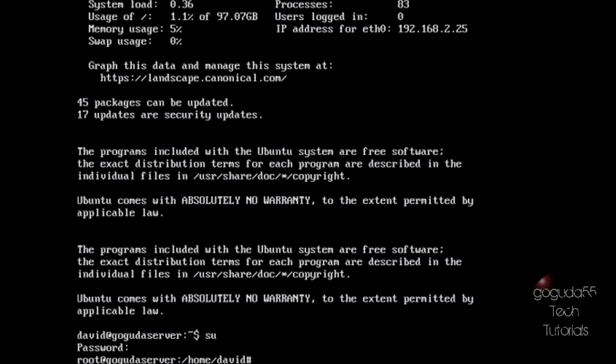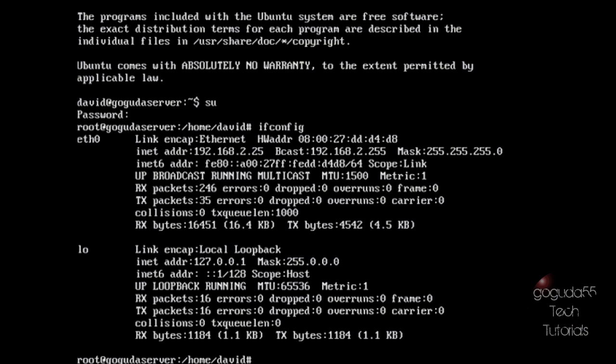So the first thing that we're going to do is type in ifconfig and hit enter. Now you should see your connected network adapter. So it's not going to be the loopback adapter, it's going to be the other one that is connected. So here, mine is Ethernet 0 or eth0, and what you're going to want to take note of is the broadcast. So in this case, that is